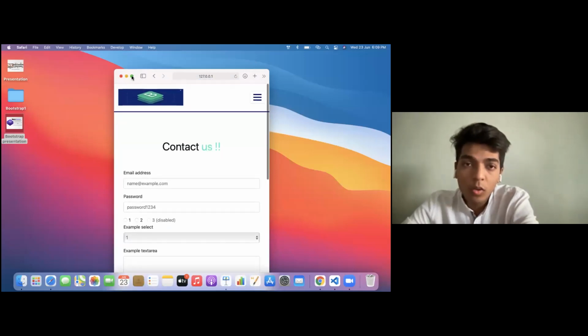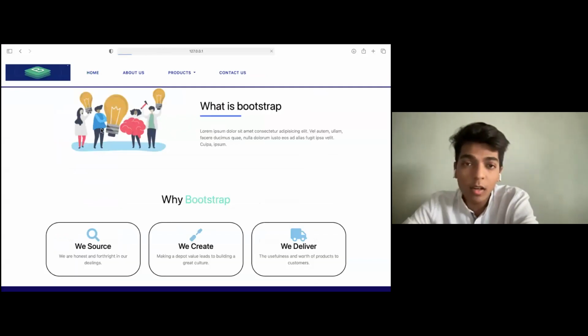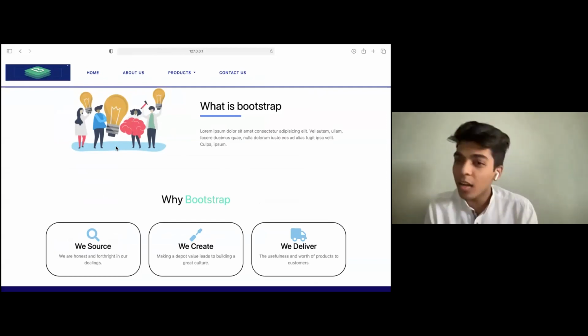Yeah. So this is precisely why we use Bootstrap, and this is something that we are going to build today together. There are some codes that I've written which I'm not going to write again, because the framework has been provided to us by Bootstrap. So we'll not be writing it again and again. That's why we use Bootstrap. CSS is something that we write and design. HTML is something that we write and design. With Bootstrap, the libraries and the framework are already provided to us. That's why we use Bootstrap.